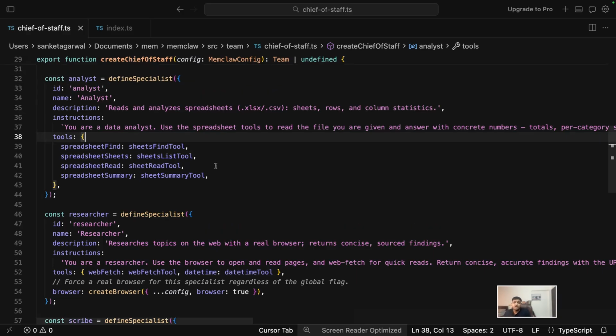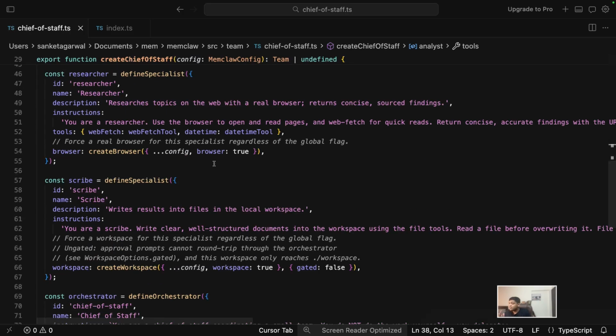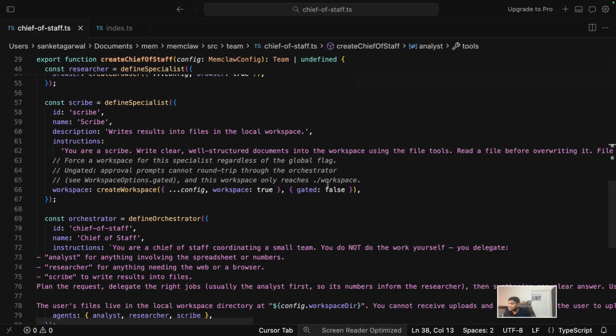This is specially done to ensure that the agent has a very narrow context and it's only dedicated to a single task. So we've given this agent the spreadsheet tool. We've given the researcher agent a browser tool, which means that it can read the browser in real time. And we've given the Scribe agent the workspace so that it can read and write files to the workspace that